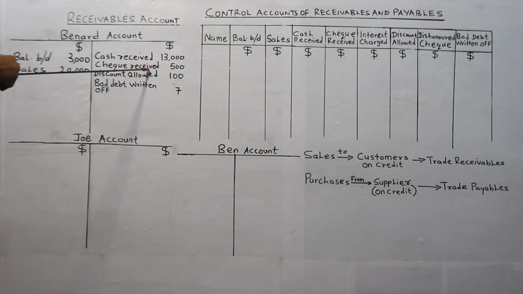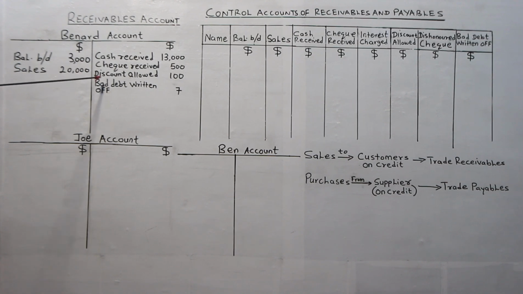When check is received from receivables, it reduces the amount they are owing. When check is received from Bennett or receivable of $500, it reduces the amount that Bennett is owing. Also, when discount is allowed